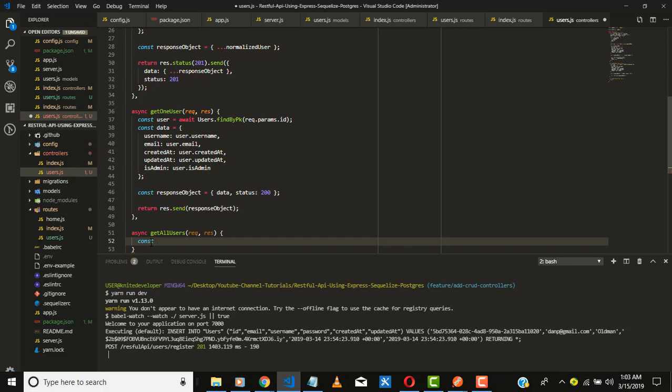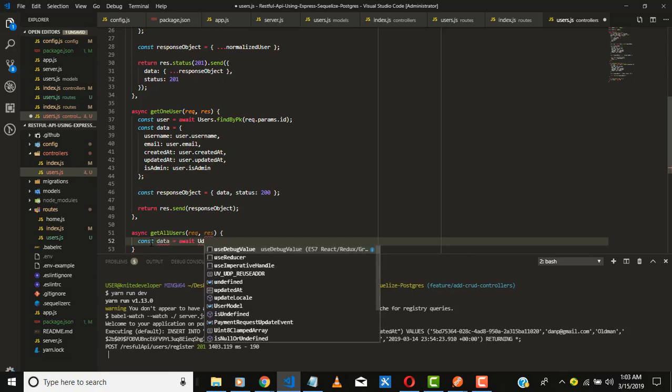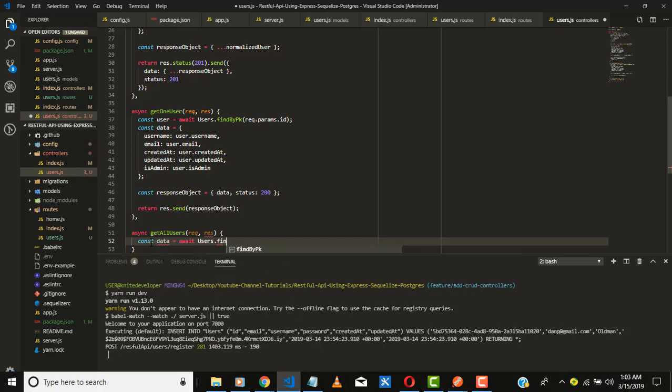Well, the way I'm going to configure this will be slightly different. I will just store everything into the data container, data variable, data object, whichever you want to call it. I'll use the await users. I'll use the find all